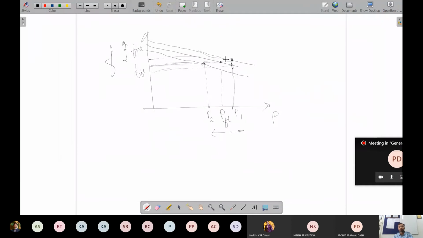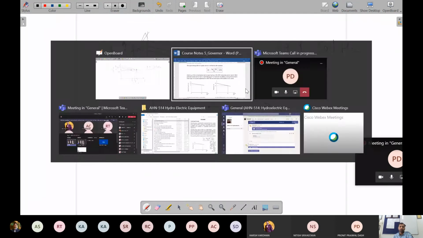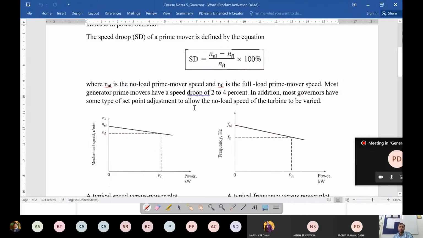Because we don't want this frequency to vary by more than plus minus 0.1. That is the desirable range. What we would like to have is 49.9 to 50.1 Hz, that type of stringent control. To ensure that the frequency is operating in this range, the function lies with the governor mechanism. So it's very, very critical in a hydro power plant, or any power plant for that matter, for our case we are talking about.